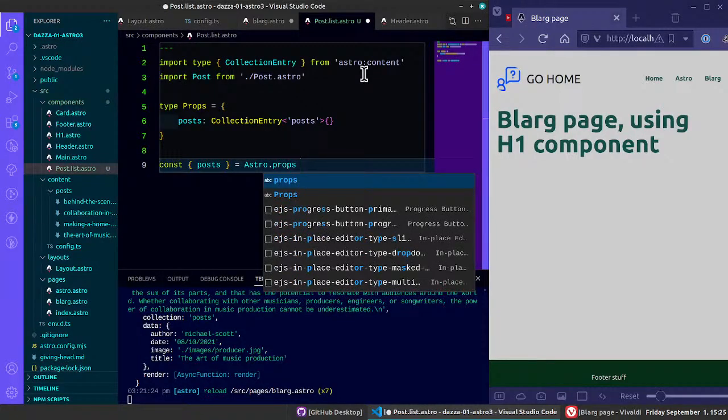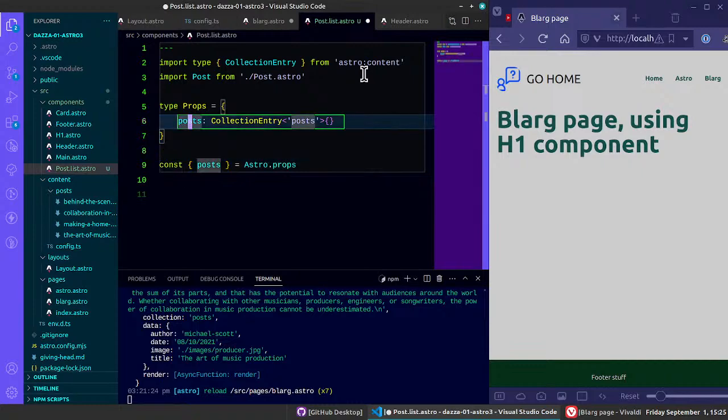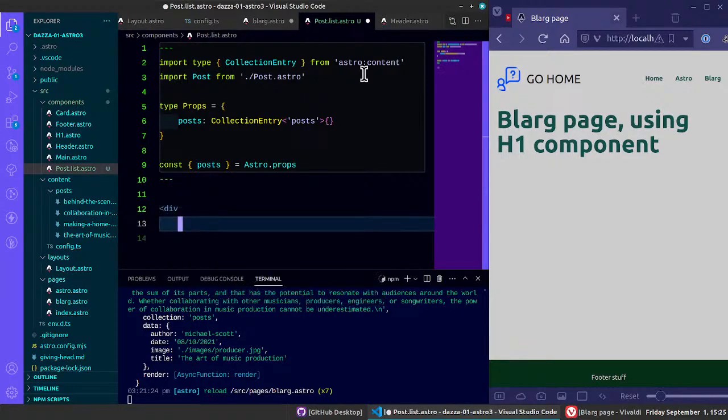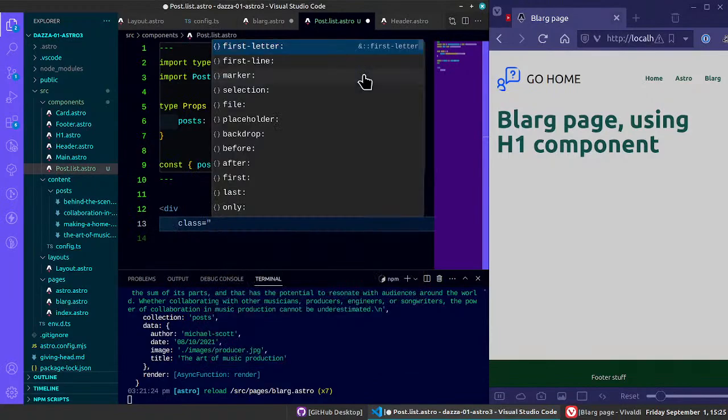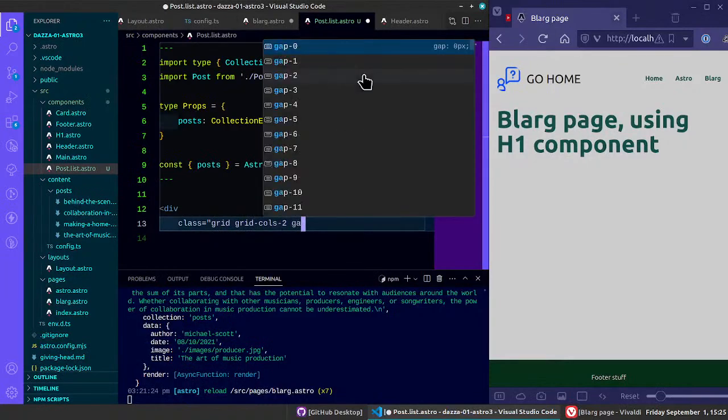Yeah, that's right. That's why I messed it up last time. That is within an object. If it was just props equals post equals that, then you could just say it without that. Right, I remember that now. So I think that's the end of the front matter. So div and go, I'm just going to copy his class stuff over for now. Grid